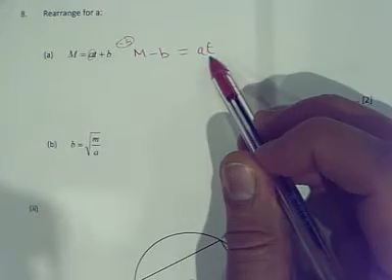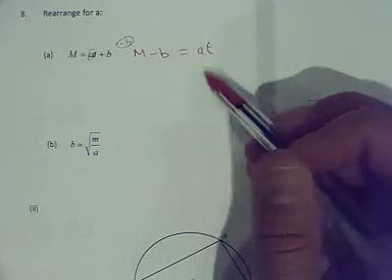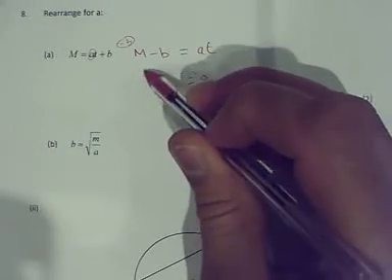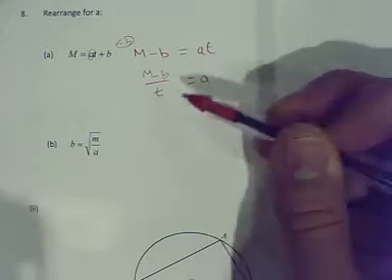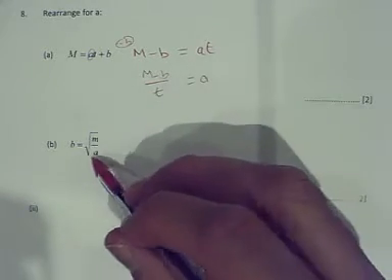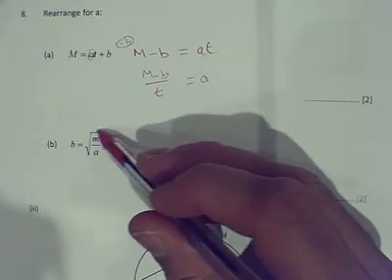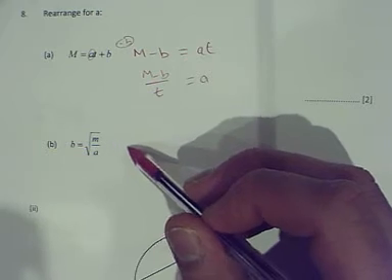Now you've got a times t, so you need to divide both sides by t to get a by itself. M minus b over t. Simple. Now, here a is locked up in a square root, and because there's no plus or minus going on here,